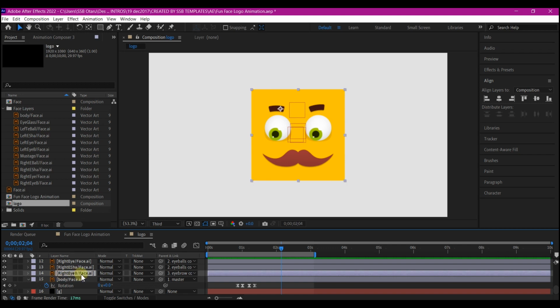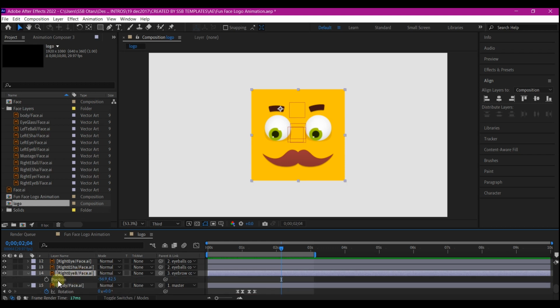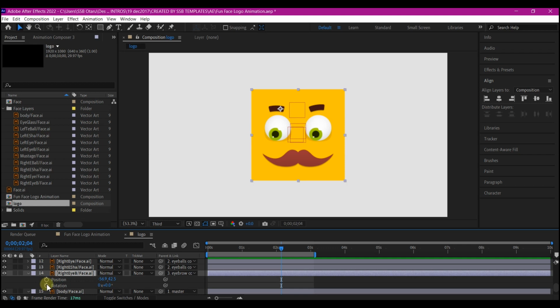I'll select this, hit P again on my keyboard to reveal the position, and also hit R while holding down Shift to bring up the rotation. Set a keyframe for both. So I'll move forward. When it is looking here, I want this to go up, just like that, and a bit of tilt. Then when it moves here,